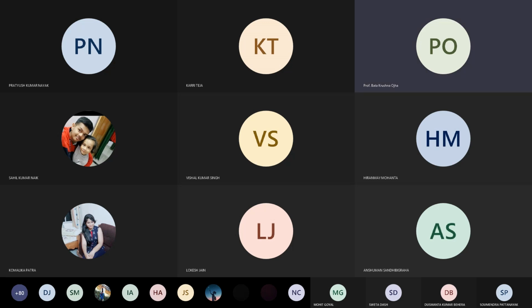Total arc length, what is the total arc length? What is the perimeter of a circle? 2 pi r. R is equal to 2, that is 4 pi. Perimeter of the circle total is 2 pi r, with r equal to 2, that is 4 pi. So in the first quadrant it is pi, right? So if you substitute in that theorem, the result is nothing but 6 by 7 pi.